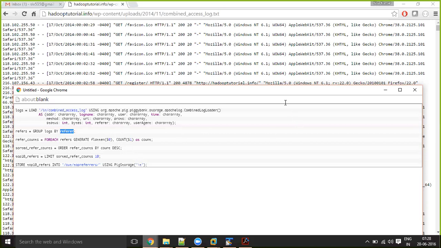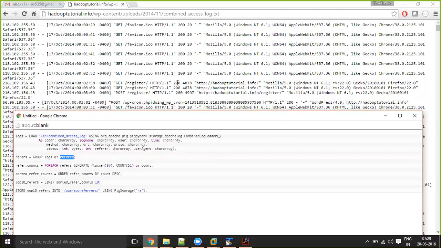So referrer is nothing but the URL. This is the URL, right? So after status code and number of bytes, I have the referrer. This is the URL. This is my home page. So if I group that by referrer